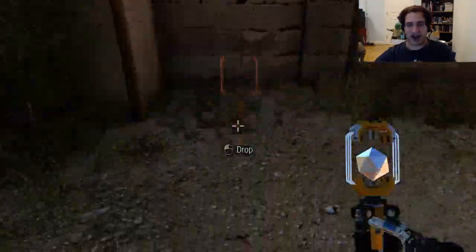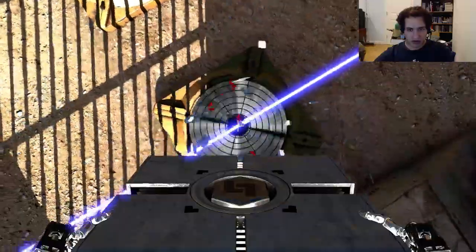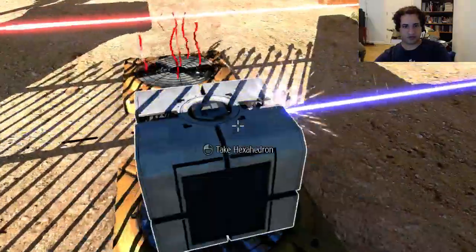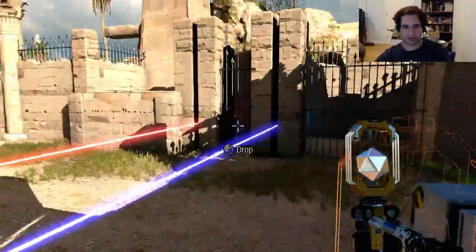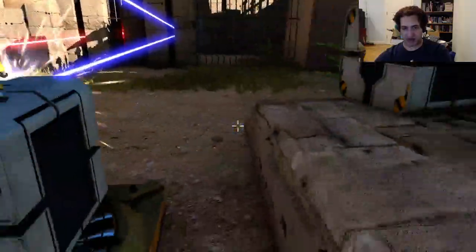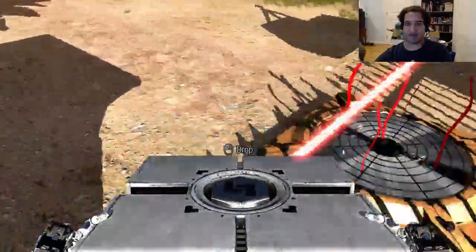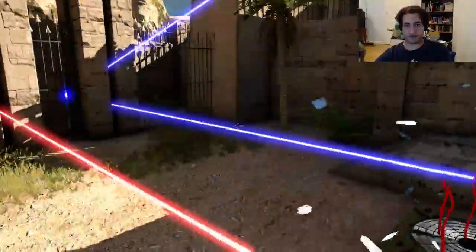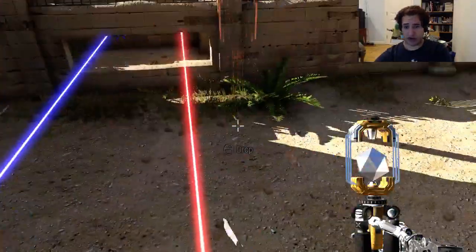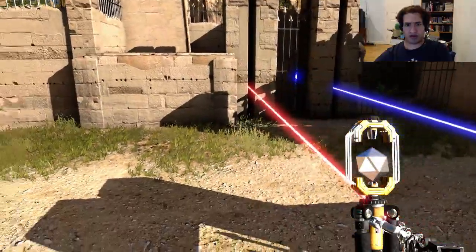Alright, so I guess my goal is to get this on here. Right? Like, I just want to get on top of here, right? So now I just want to get on top of there. So how do I do that? I can take the connector, which is fine. So now it's still flying. So that's not terrible. And then...